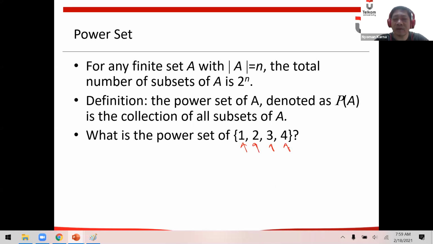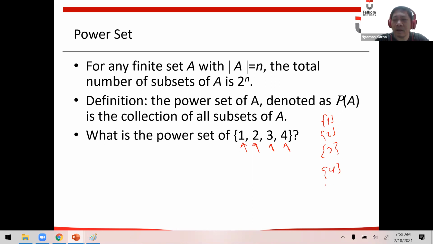The subsets of this set are 1, 2, 3, and a set that has the element of only 4.